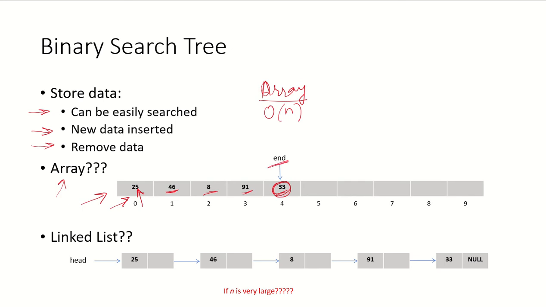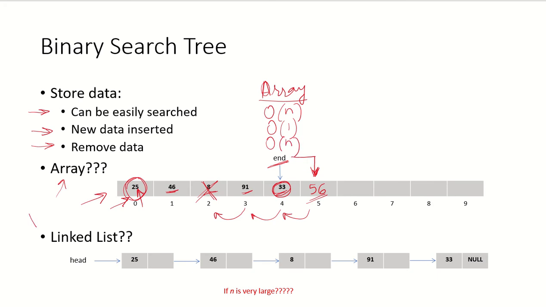Suppose we have to insert new data in this array. If we are maintaining an end pointer over here, and a new data element like 56 has to be inserted, first end would be incremented to 1 and then 56 would be added to this particular position. So the time required would be constant time. If we have to remove data, that means if this element has to be removed, all the elements will have to be shifted left. And in the worst case, if the element at index 0 is removed, then all the elements shifting left would require order of n time.